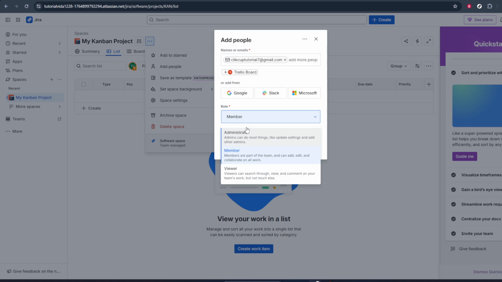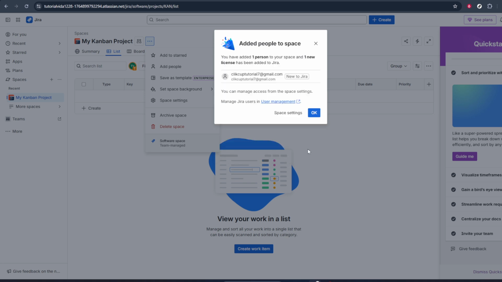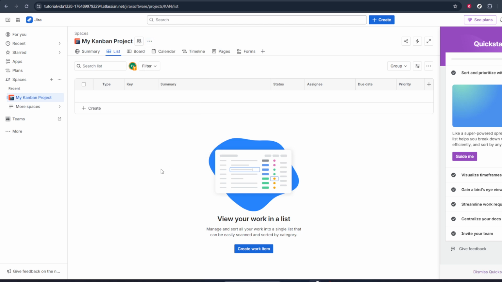Choosing this role gives the person higher level permissions, such as managing project settings, configuring workflows, and adding or removing other users. Because this is a powerful role, it's a good idea to grant it only to people you trust with managing the project. After you've confirmed the email and selected Administrator as the role, go ahead and click on